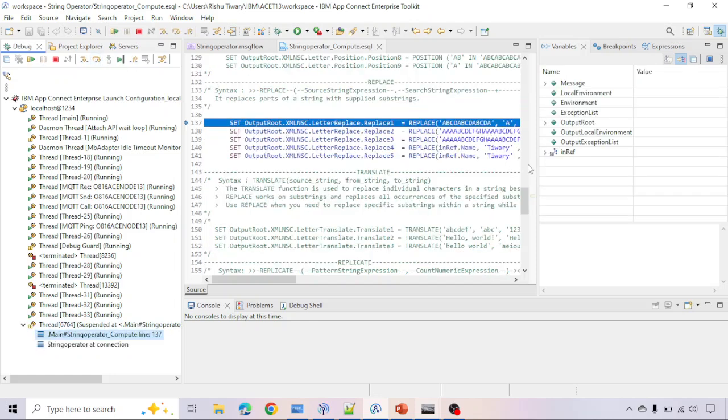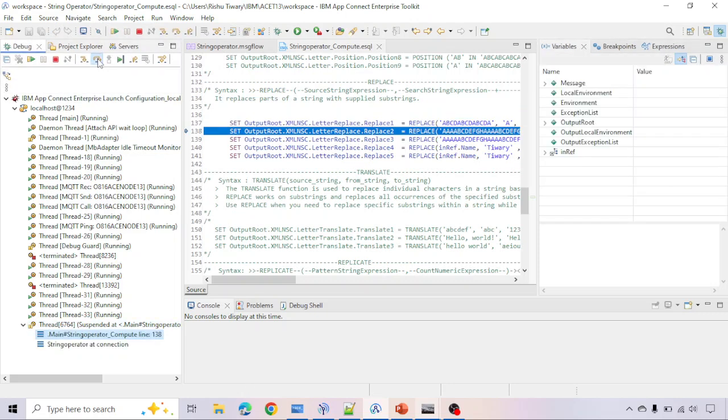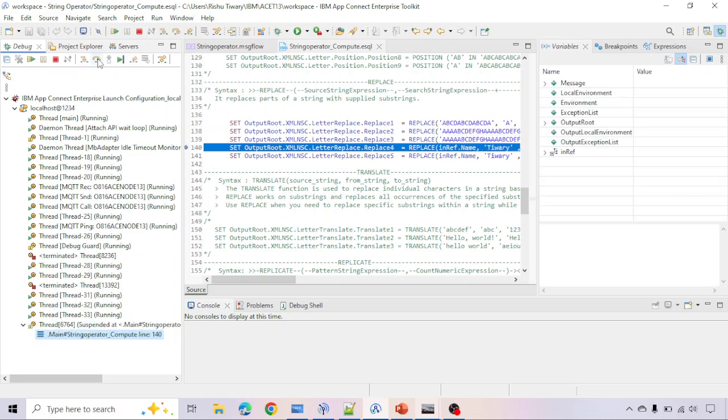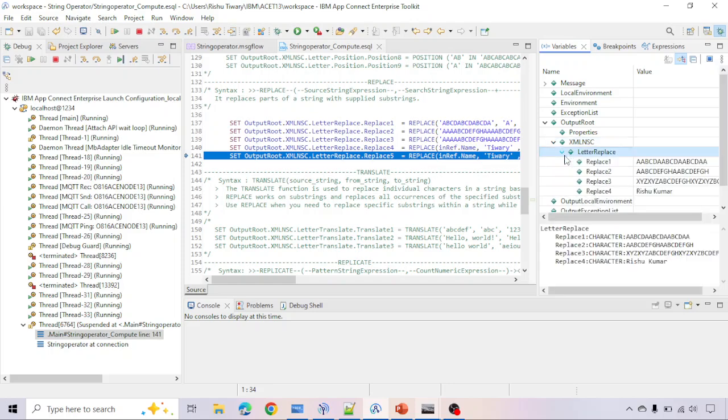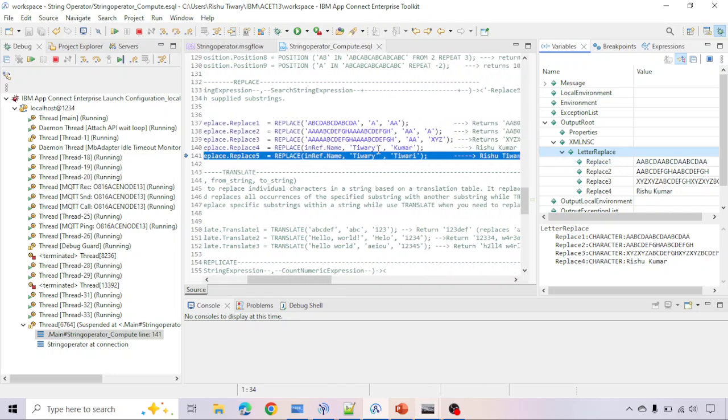I declare the inref. Under inref you can see the name as Risu Tiwari. First replace executed, second executed, third executed, fourth executed. And if you see here in the output route, I'm just creating the XML, and under XML I'm just creating the field as a letter replace. Under letter replace I am just using replace 1 2 3 4, and in all of this I am just doing the